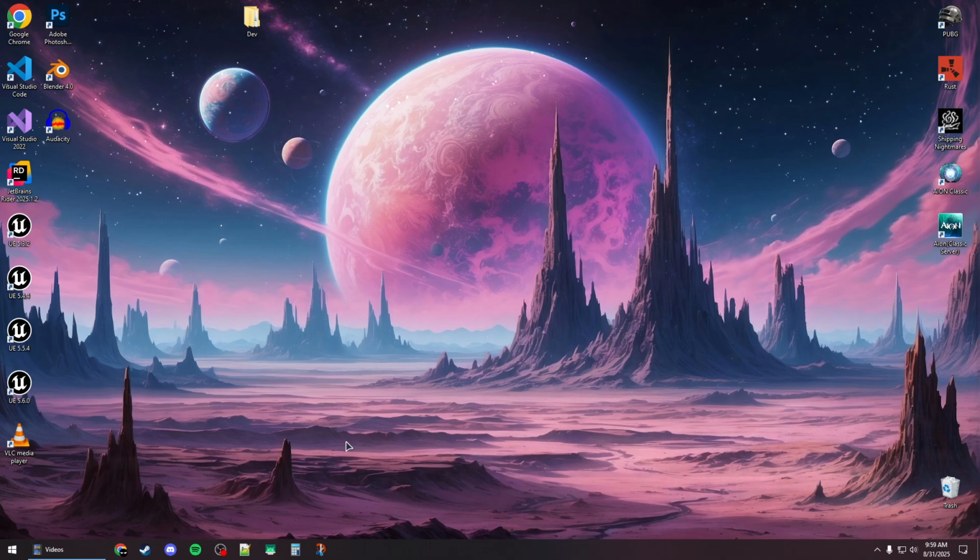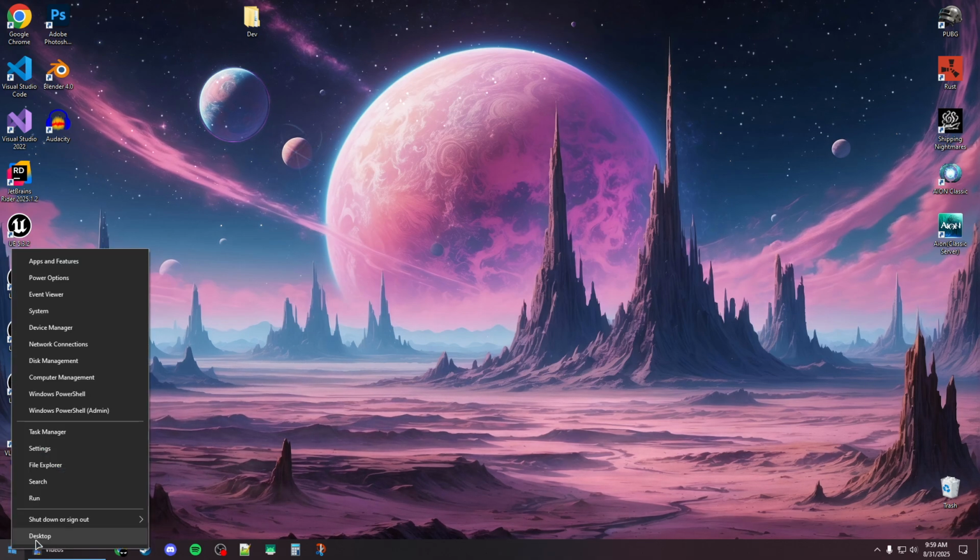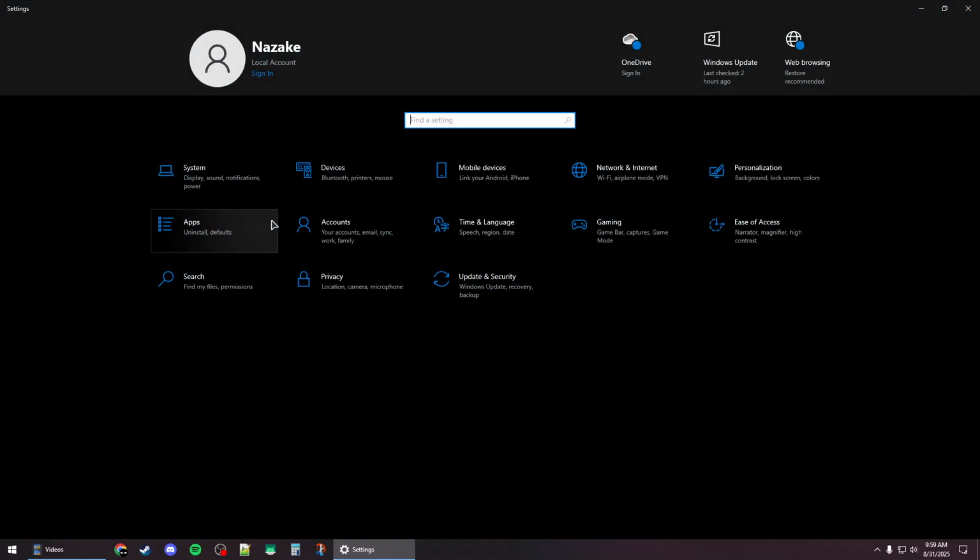How to fix your laptop screen flickering in Windows 10 or Windows 11. So first you want to right click on the start button and then open up the settings, and then you